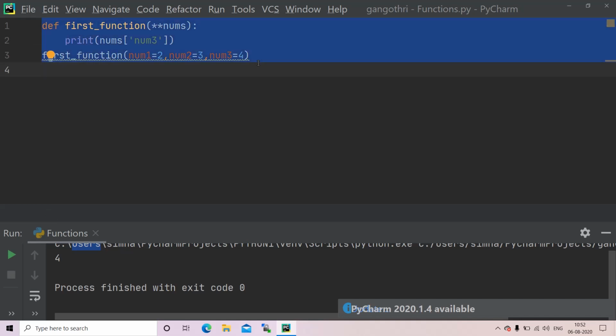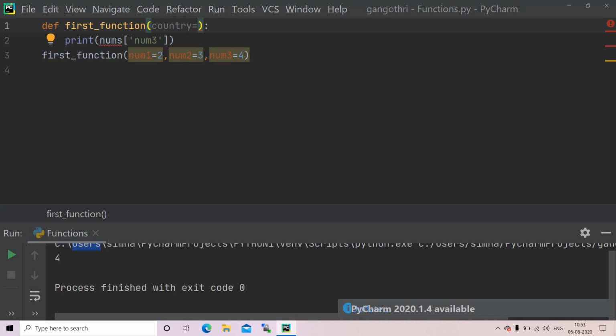Okay, now talking about default arguments, how can we provide default arguments to our function? This time I'll take some country is equals to, I'll give some Norway. As this is a string, remember to have that between quotation marks. Okay, now I'll have print.